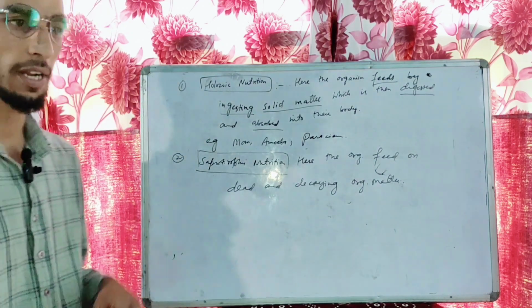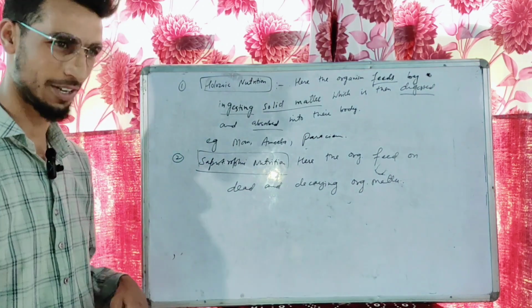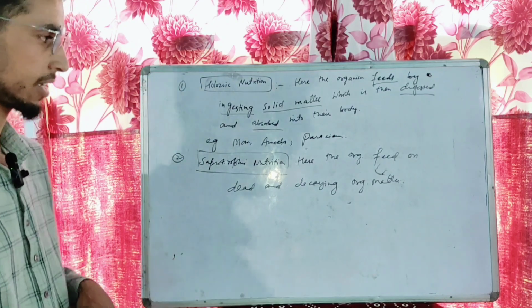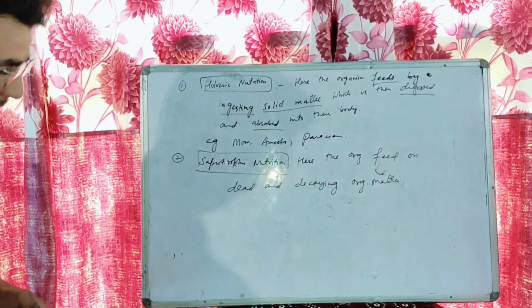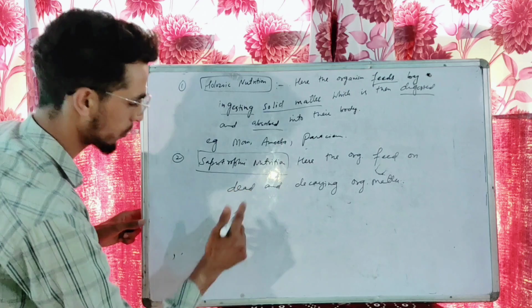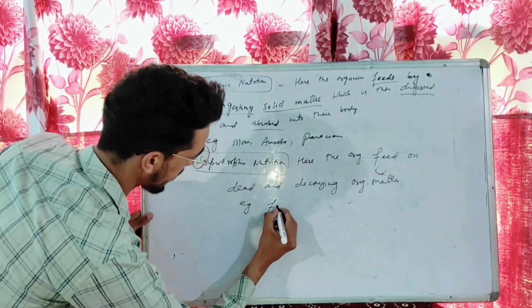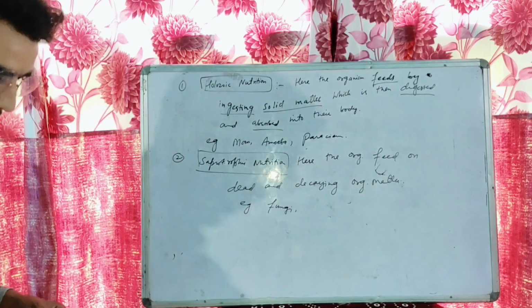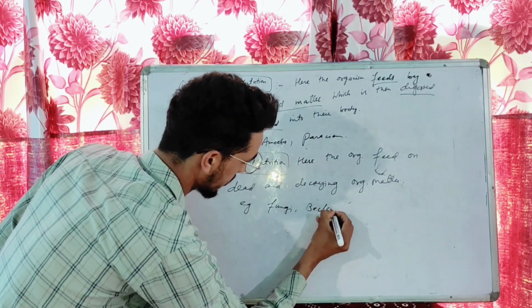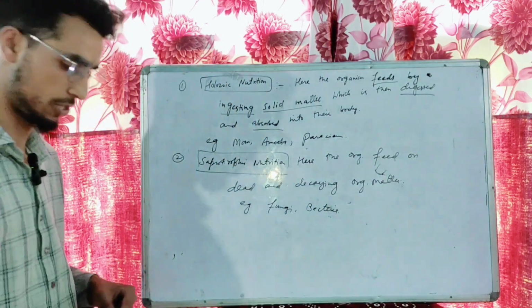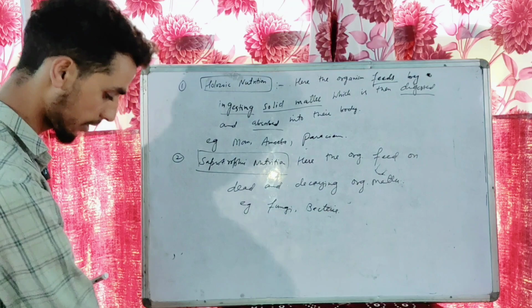Here all the detritivorous examples in the environment come in. There are many organisms like bacteria which feed on dead and decaying animals and matter, including everything. For example, fungi usually come in this, and we can also include bacteria as an example. Some bacteria are saprotrophic in nature. After that, the last one is